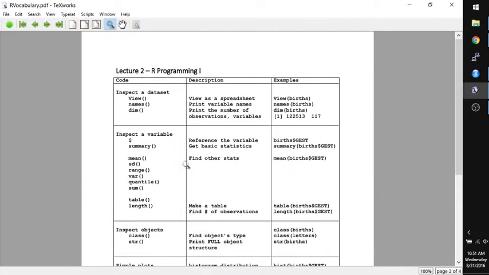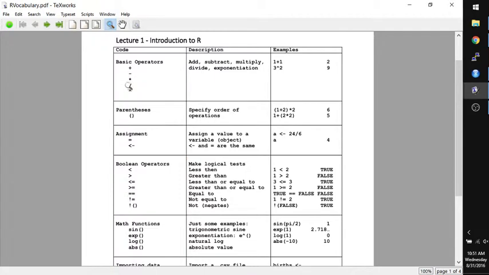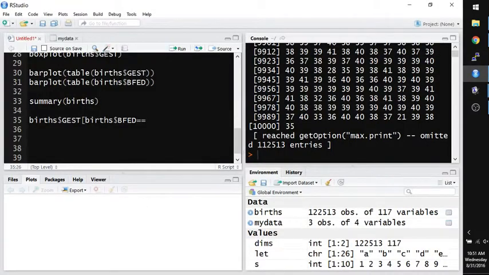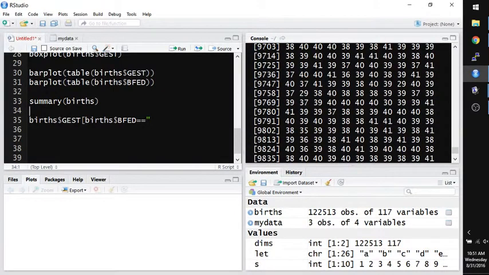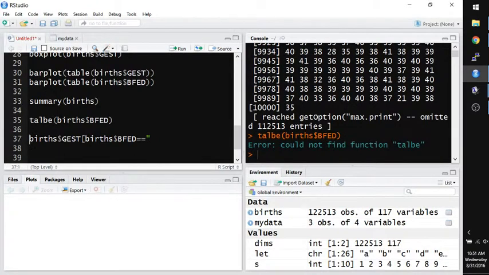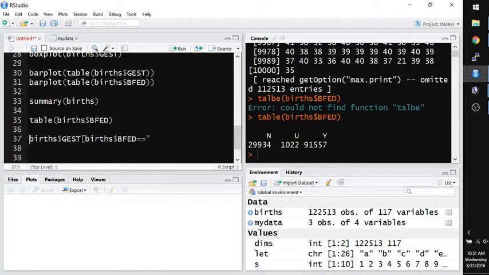Because that's on page 1 of this thing. Here's all the Boolean things you can use in the where brackets. So I'll say where bfed double equals, and then I forget what it was, so I'm going to make a table of it. table births$bfed. Okay. So it looks like n, u and y. So if I subset this to where this equals n,